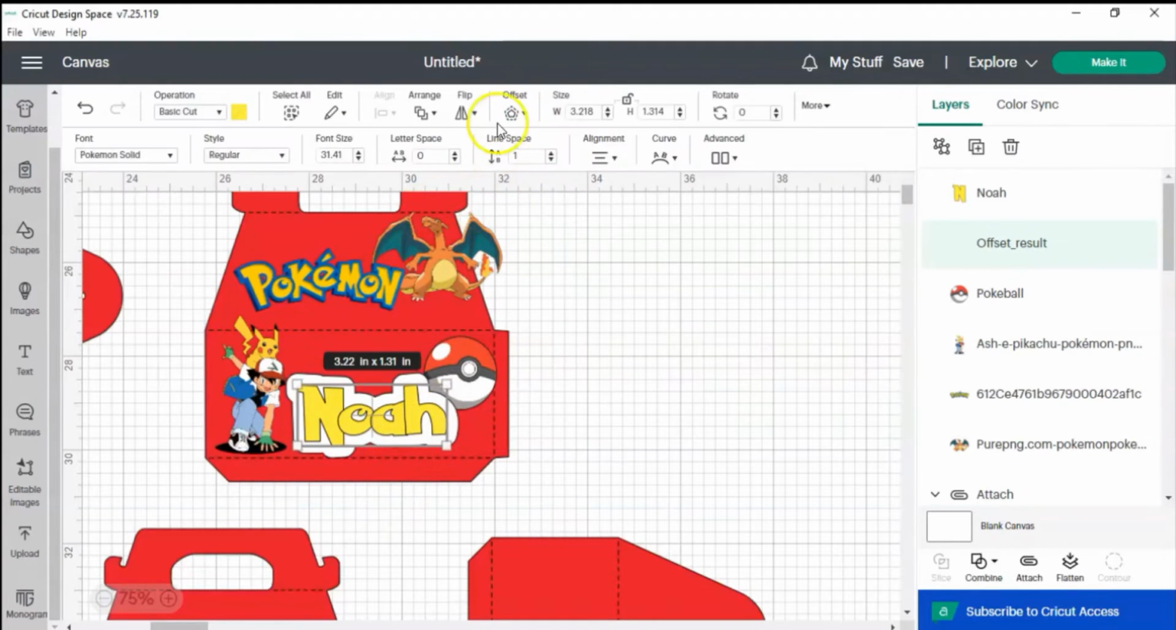When you do the offset, you can change how small and how big you want it to be by dragging the little line. I'm going to show y'all as soon as Cricut